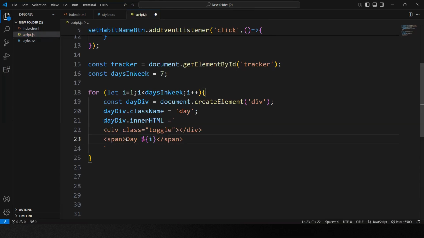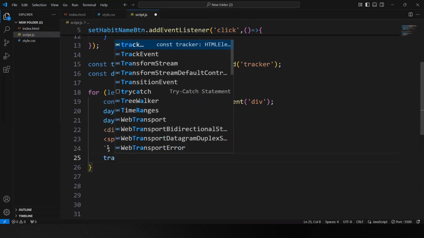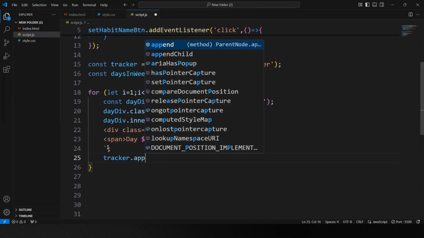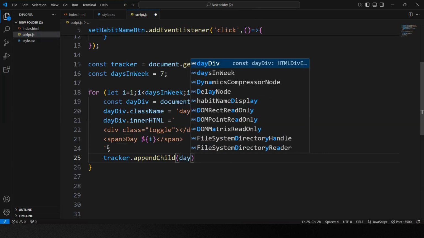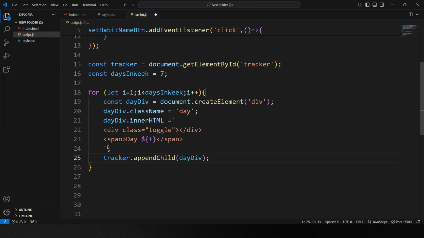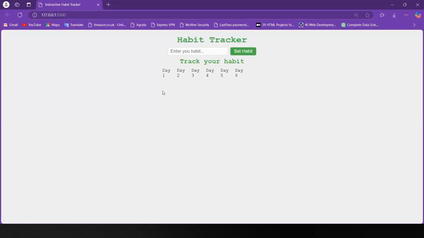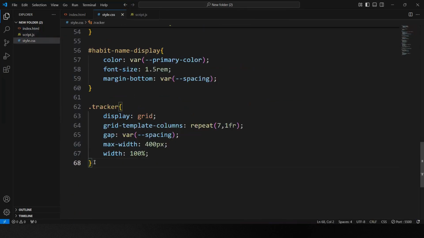So we set the dayDiv, then I'm going to set this dayDiv inside our tracker grid system using the appendChild function or method in our JavaScript. That's it. Then let's check our site. Now our days are set like this, and next we are going to style this dayDiv in our CSS file, and for that